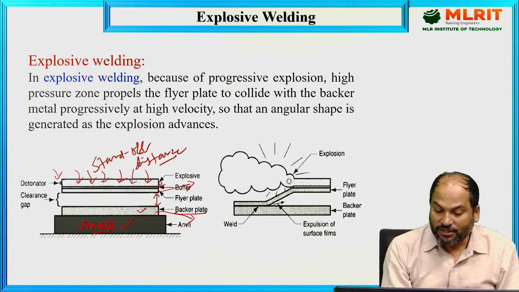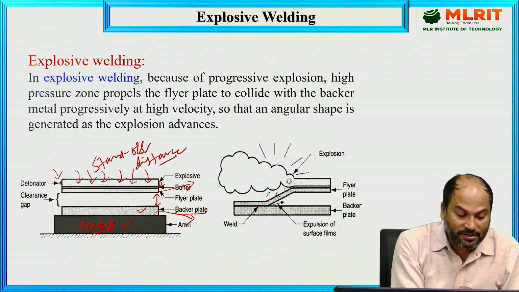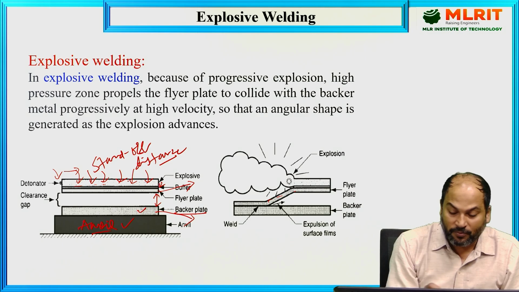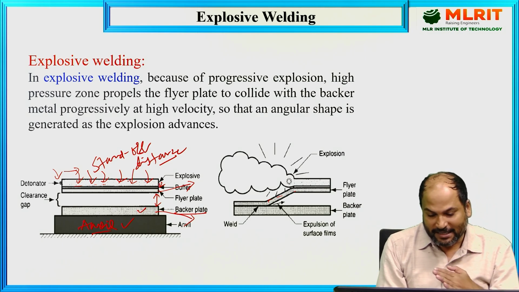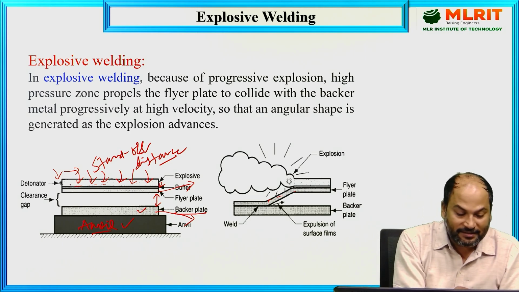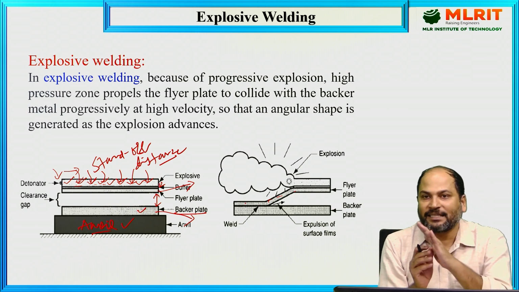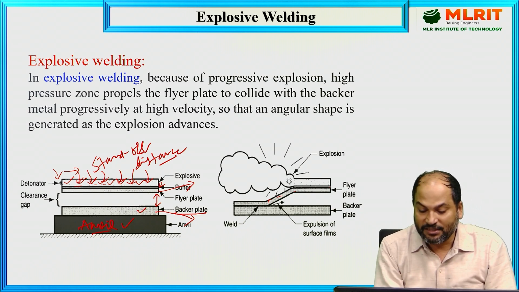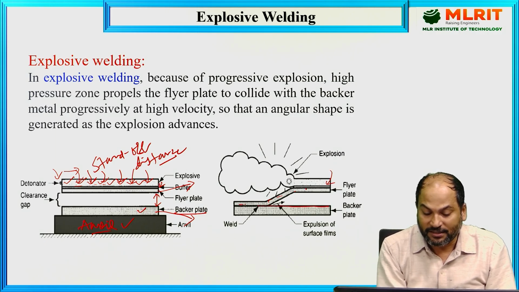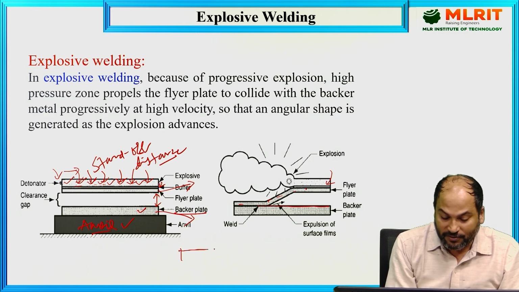parts. It looks like it is at an angle, because the detonation propagates from this direction. So it will propagate, strike, and then strike again. If this explosive is detonated, slowly it will move, and as it moves, it will create an angle like this. But finally, once it reaches here and is completely exploded, this part will also be in contact with this one, and finally this will be joined like this. So it will look like this.